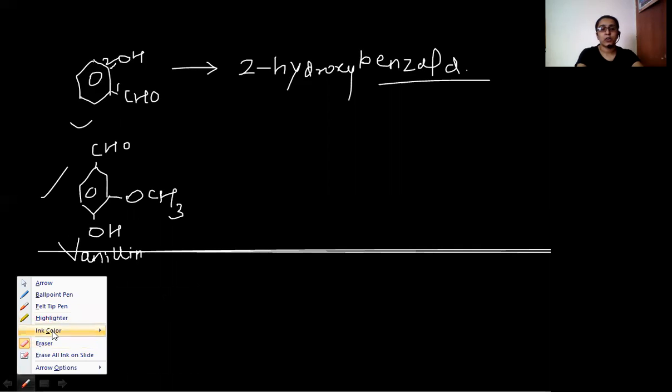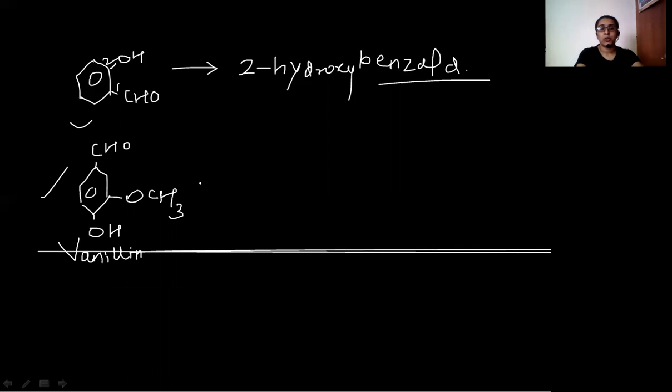ओके, तो इसका IUPAC नेम क्या होगा? This is 1, this is 2, this is 3 and this is 4. If you number it from this side, तो फोर्थ पे आपका पहला सब्स्टिट्यूएंट आएगा. सो दैट इज नॉट applicable. Okay, so numbering should be from this side, 1 2 3 4. सो नेमिंग कैसे होगी, क्या नाम है इसका वैनिलीन का, इट इज 4 हाइड्रोक्सी 3 methoxy